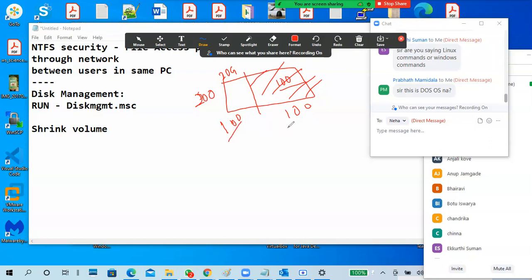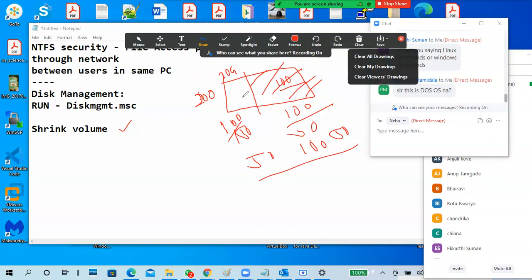So that divides 200 GB into separate 100 GB parts. Or maybe 150 and 50, or 100 and 50, like that we can divide further.